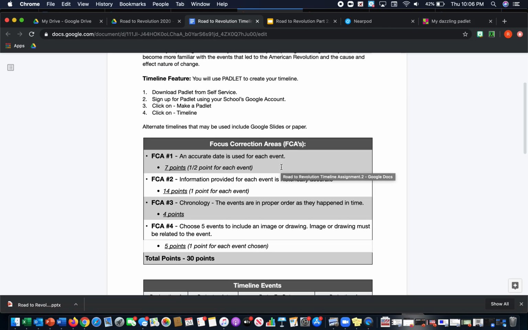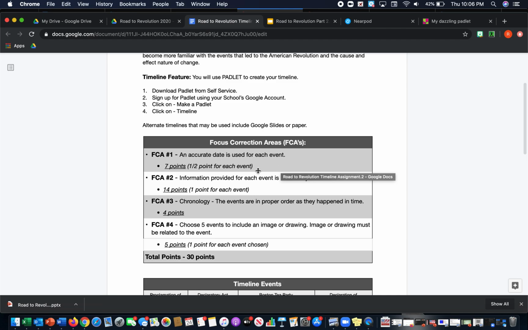Here's what we're going to be grading you on. For the events you put on the timeline, each one should have an accurate date, mainly just looking for the year. That's going to be worth 7 points total, half a point for each event. The information you describe for each event is going to be historically accurate, 1 point for each, that's 14. Chronology,